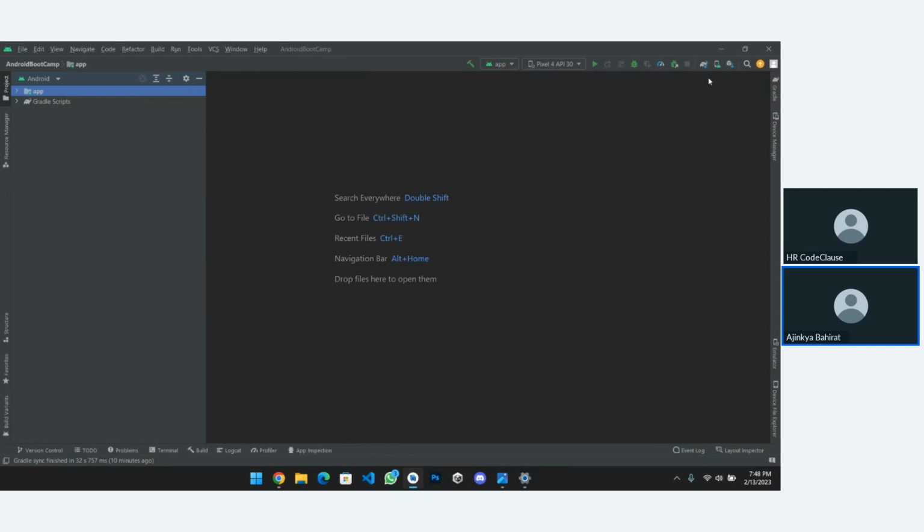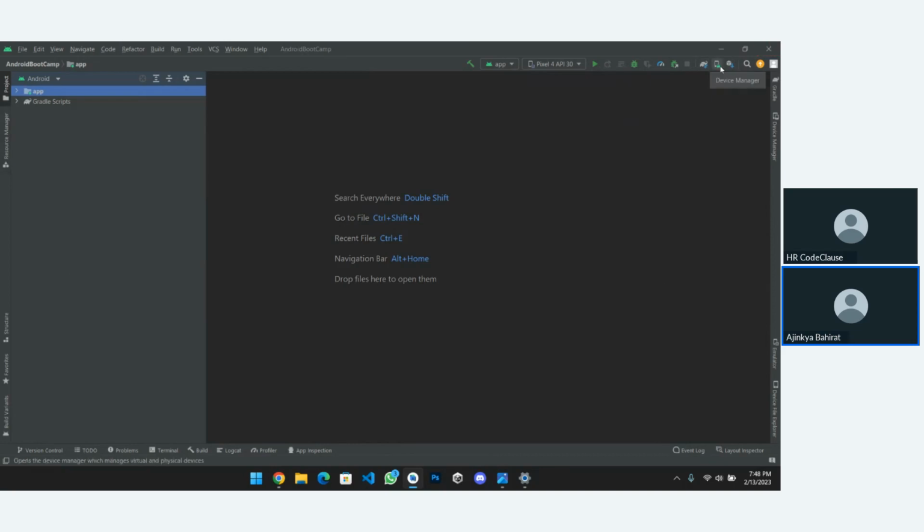So for that, we need to maintain our Gradle file. For that Gradle file, we need to sync our project. In the creation of the project, I told you the Android 8.0 version. So the version error will be displayed while you sync your project, right? We will be trying some things.